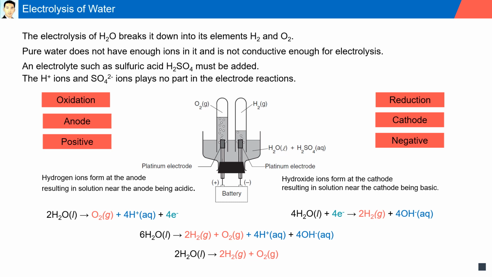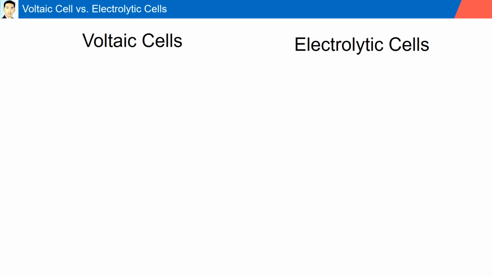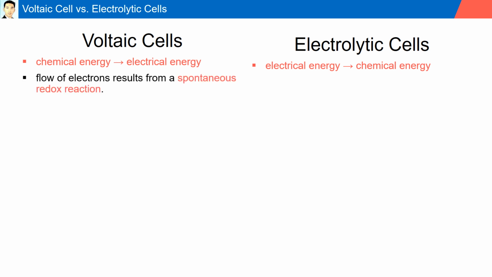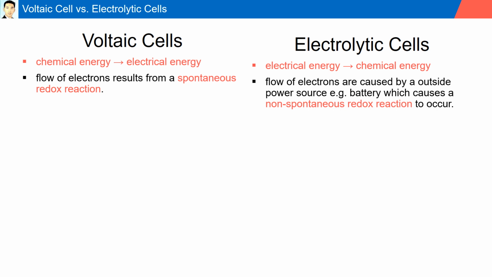Voltaic cells versus electrolytic cells. In a voltaic cell, chemical energy is converted into electrical energy, while in electrolytic cells, electrical energy is converted into chemical energy. In a voltaic cell, the flow of electrons results from a spontaneous redox reaction, while in an electrolytic cell, the flow of electrons is caused by an outside power source, such as a battery, which causes a non-spontaneous